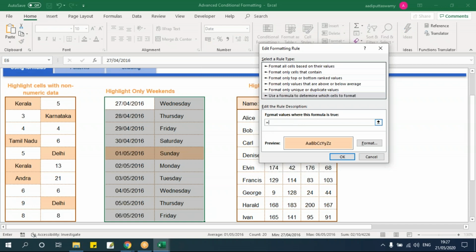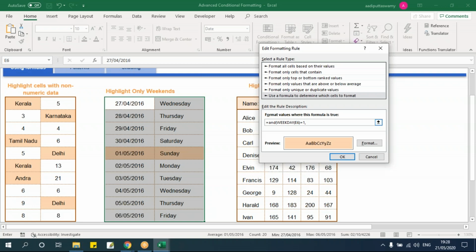I'm just using this control X, or say you can copy and you can paste, anything you can do. I just made it as control X so that I'll cut that equation and I'll say AND and paste it. When I say AND, it is a logical function, what it will do is it will allow me to give more than one condition here.